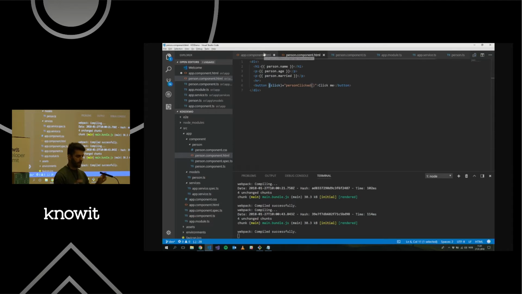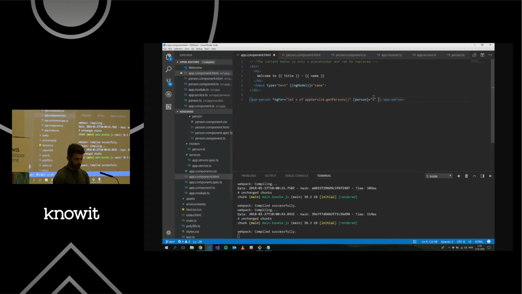Parentheses is for events, and what did we call it? Clicked. And in the quotations here, we tell it which method to run when this happens. And we want it to run